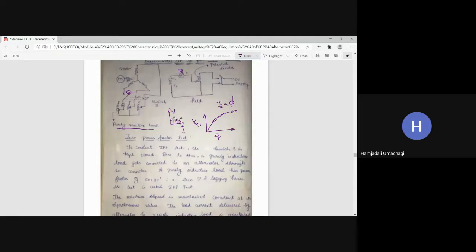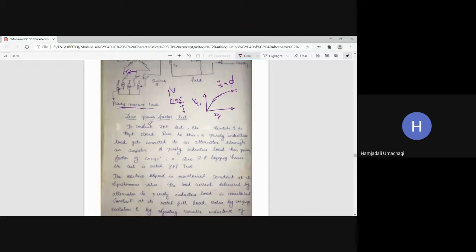So cos 90 is 0. This is the phasor diagram or phasor relation for purely inductive load, where the phase angle is exactly 90 degrees, and cos 90 is 0 for that sake. And this 0 power factor will be obtained only if the load is purely inductive in nature. So this is purely reactive load which has cos 90 power factor. Cos 90 is the 0 power factor condition.